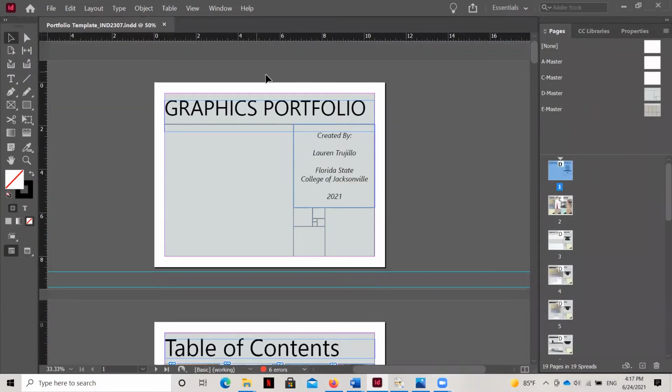Okay, now let's take a look at the interface of InDesign. InDesign works similarly to PowerPoint, except that you have a little bit more control over the images within InDesign that you use, and you have the ability to apply any infinite number of styles and layouts to the template or slide, as we say in PowerPoint, within InDesign.